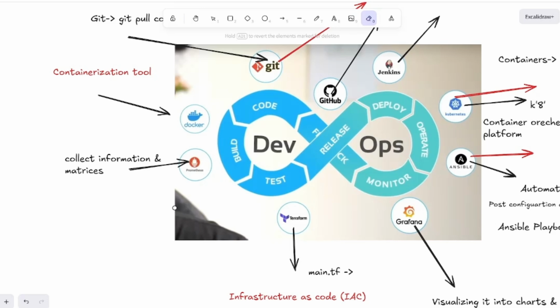And next is the cloud platforms: AWS, Azure, GCP. ये तो हमने देखा ही है पिछले वाली वीडियो में।